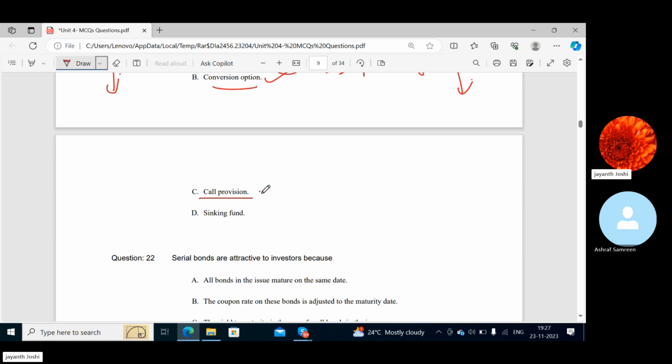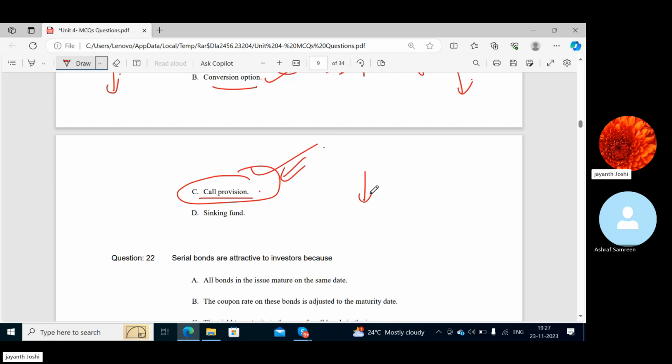An improvement in a bond's rating from AA to AAA also justifies a reduction in risk premium and lower coupon rate. However, a call provision. Now we are discussing solely the call provision. Call provision is usually undesirable to investors. Why? Because the company will be buying the bonds at lower prices. The issuer may take advantage of a decline in interest rates to recall the bond and stop paying interest before maturity. So the call provision means they will like to buy back the bonds from investors.